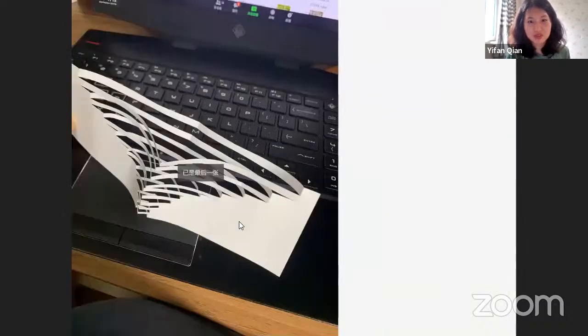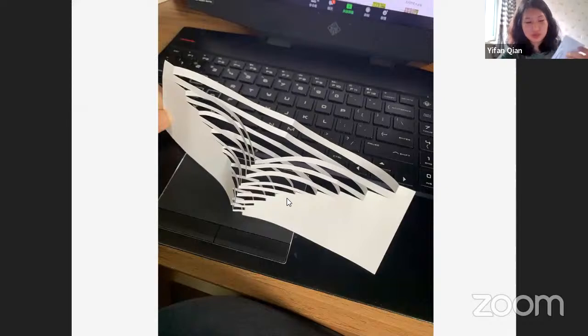So I ended with this one. In this one, you can see me in the video. I can show you more clearly. In this one, I have more cuts on the paper, and I fold it. In this way, you can see more layers. More layers appeared. So I'm thinking if I can turn every piece of this one into a shape like this,